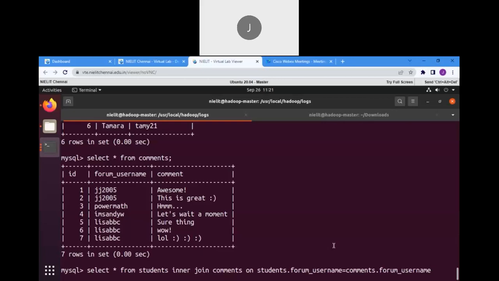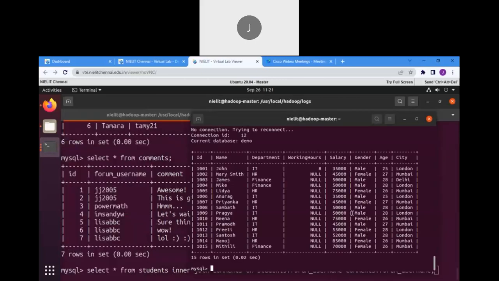Okay, so this is the query. I'm trying to join these two tables using the inner join. The tables are students and comments. On what field am I going to join it? Using the forum username. Okay, this is how the SQL command is. So what should be the result? We will list it here, so that it will be easy for us to navigate. Select star from,